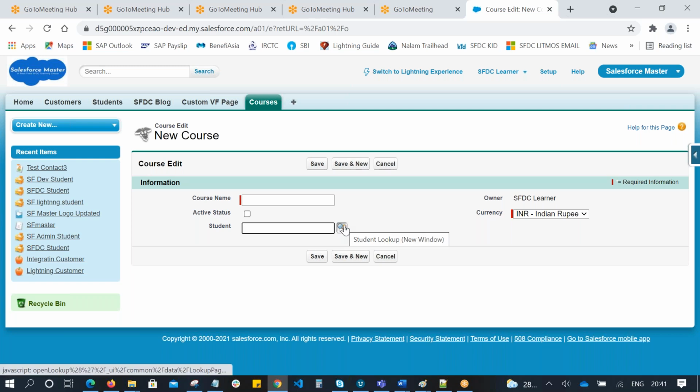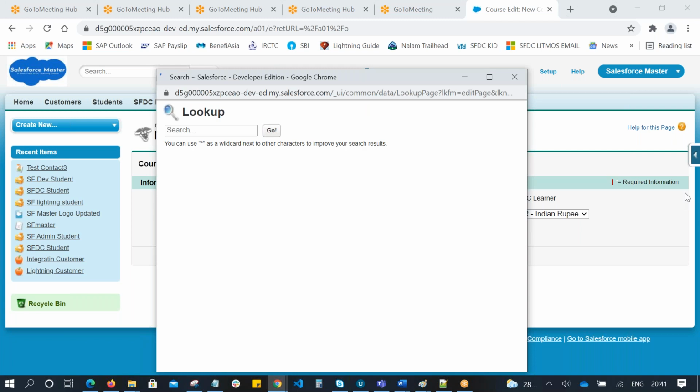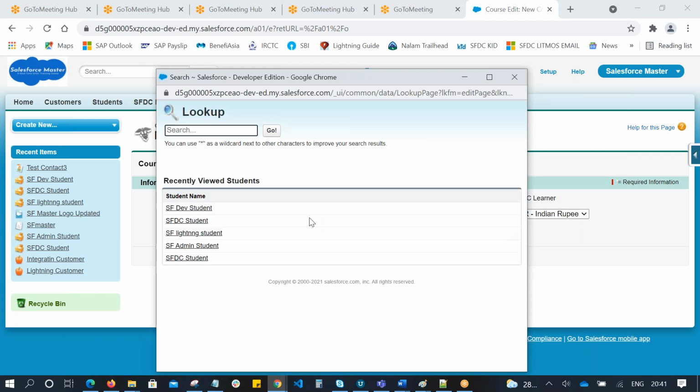If I click on this lookup icon, you can see all the available parent records: SF dev student, SF student, SF lightning student, SF admin student. These are all the students. We can select any of the students. While creating a course, we are able to assign this course to a student. These are all the student records.